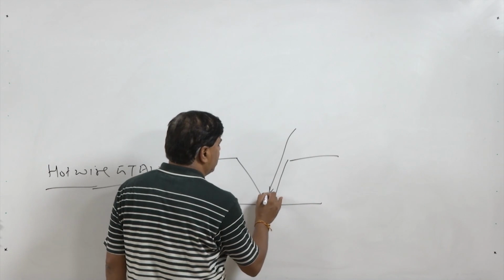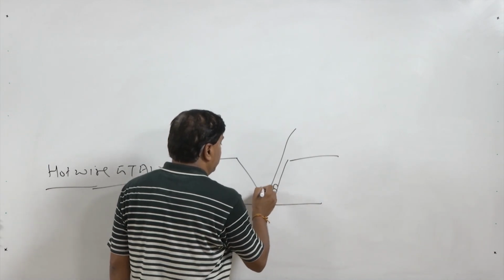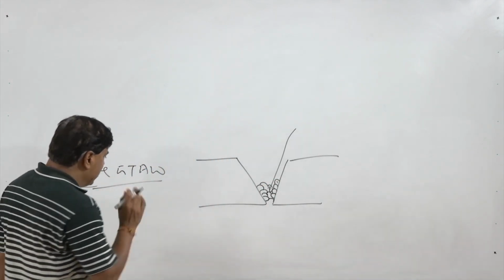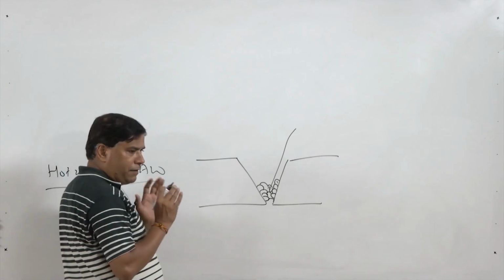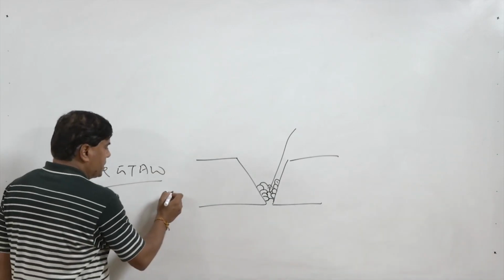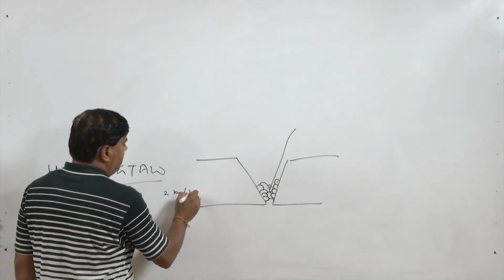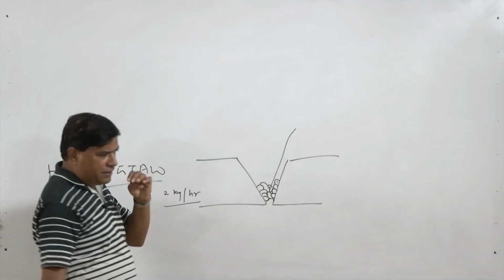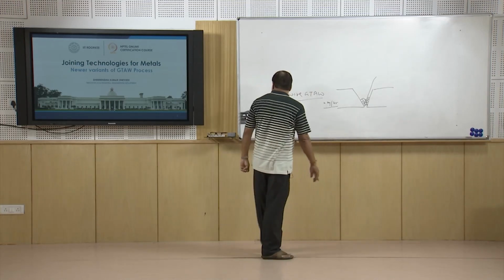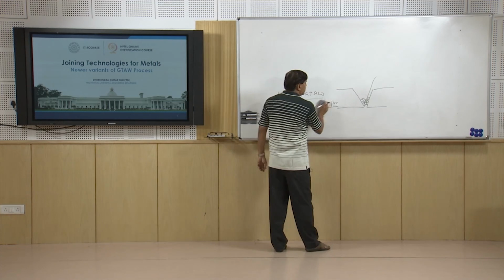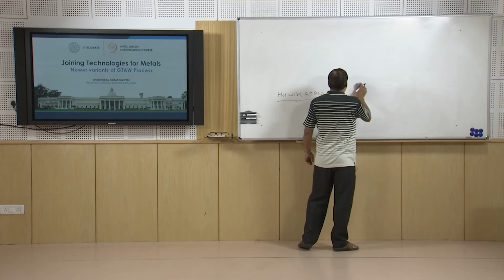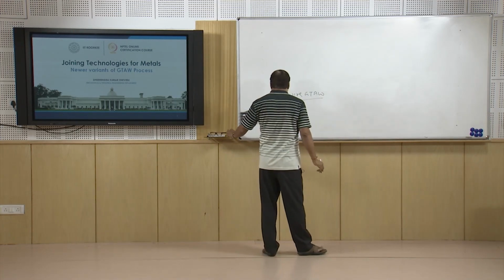So, it may require a very large number of passes, like 10, 20, 30, depending upon the size of the weld to be made. Conventionally, the deposition rate with the conventional GTAW process is very limited, about say 2 to 3 kg per hour. This reduces the productivity, or it requires a longer time for completion of the weld joint, especially thick weld joints, and therefore, to overcome this disadvantage, a special variant of the GTAW process has been developed, wherein